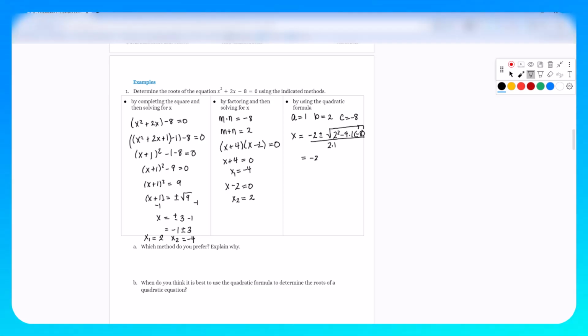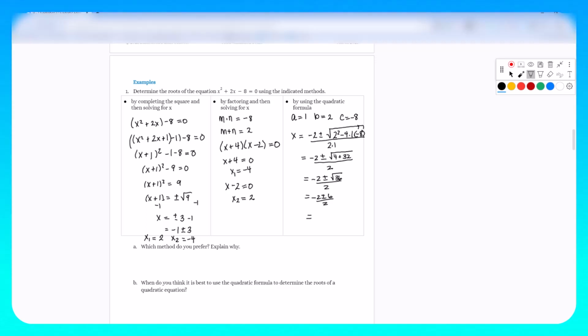Let's simplify. And we get square root of 2 squared is 4 plus 4 times 8 is 32. And we still have that 2 on the bottom. And that's the square root of 36, which is a nice perfect square number. And so we get -2 plus minus 6 over 2,